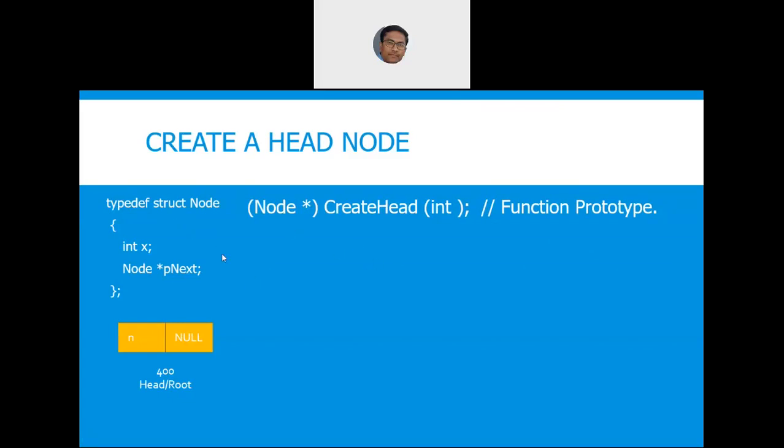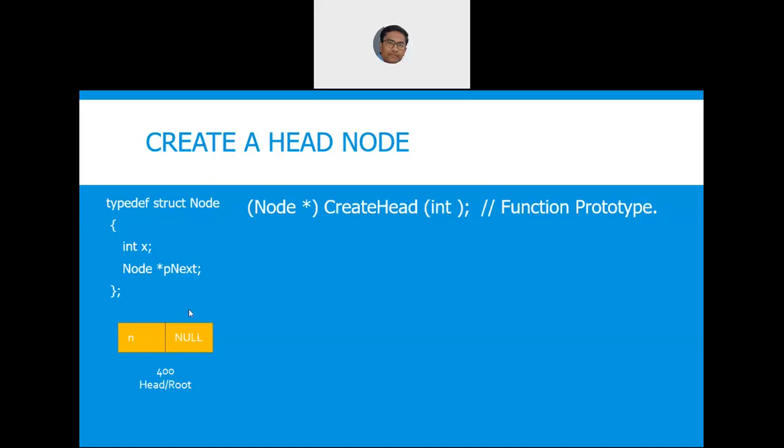Okay, so let us concentrate on the head node creation first. On the left hand side, you can see that this is the structure. Now there is a third important point. The third important point whenever you are asked to construct the logic is, first, what are the 3 points? First is write the structure. Second is formulate the function prototype, and then write the function prototype. I have made a mistake here. It has to be create head node star comma int. Then third is depict the pictorial notion of what you are doing.